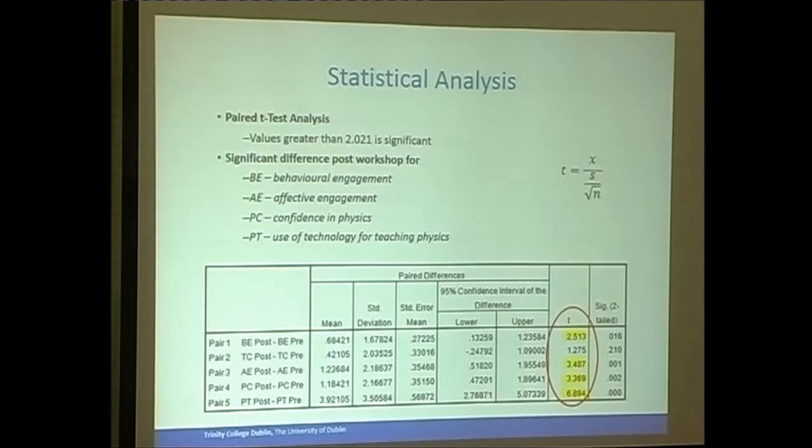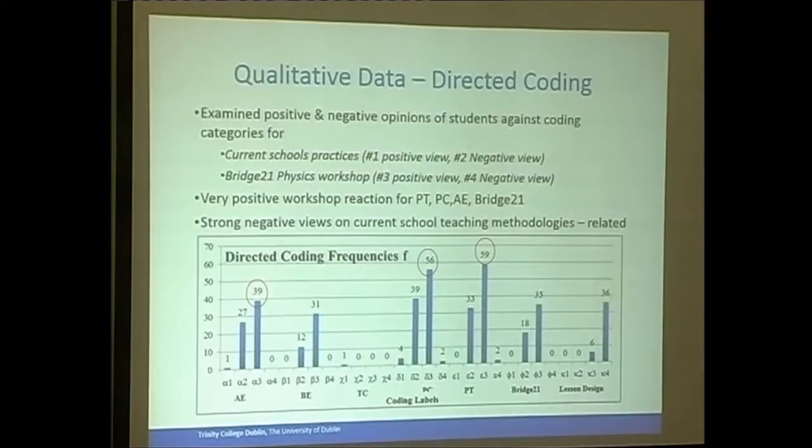And this set of data, I'm not going to go into detail on any of it because it's all in the paper. There's lots more detail in the paper. But what we can see here is that on the far left-hand side, you have 27 and 39. What you've got there are 4 measures of the same thing, AE, effective engagement. The first one is where there were positive responses in a school environment. What were their positive responses in terms of school? The second one was what were their negative responses in terms of school. That's high, that's the 27.